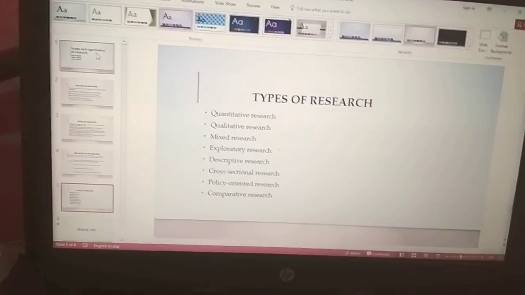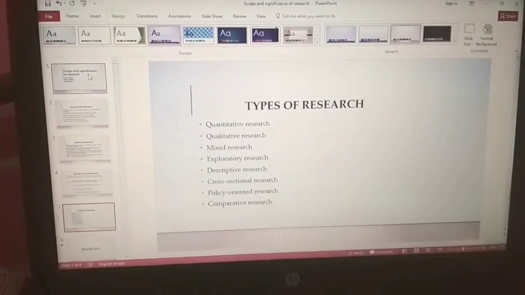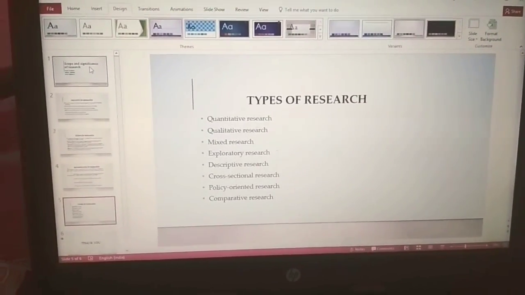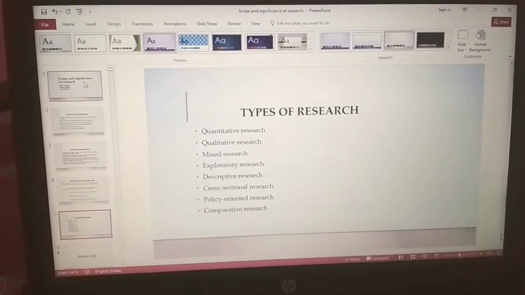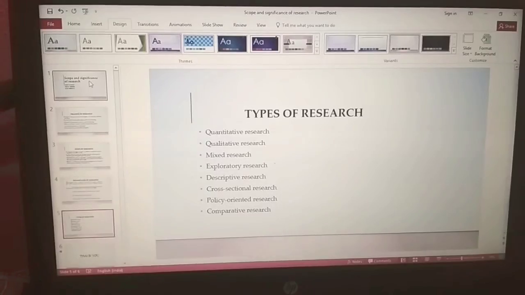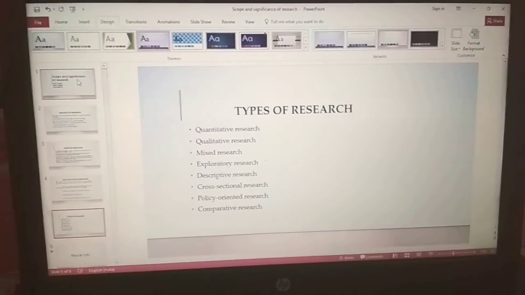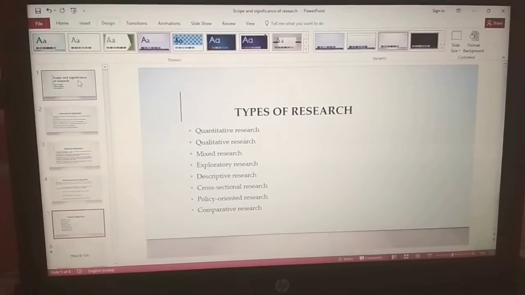Moreover, research is actually done by a businessman or a proprietor or a vendor who is selling a particular product to the customer. Once they sell the product, they have to know the review from the customer, how the product is actually playing its role among the society. For that kind of process, research is more and more useful. As we see, it has types,